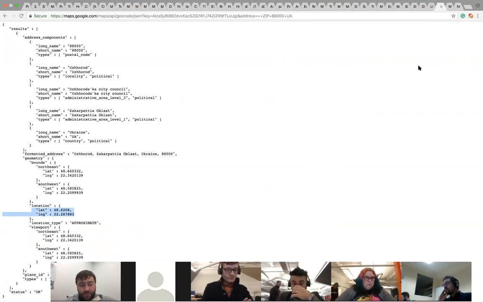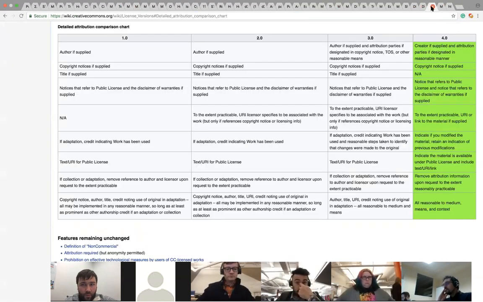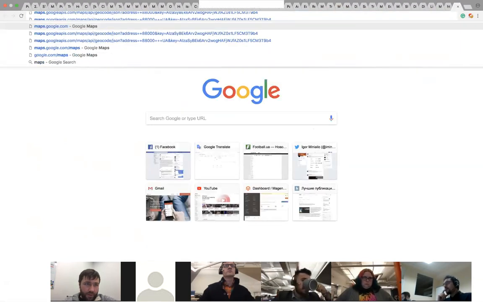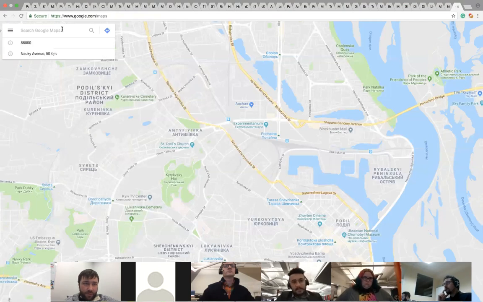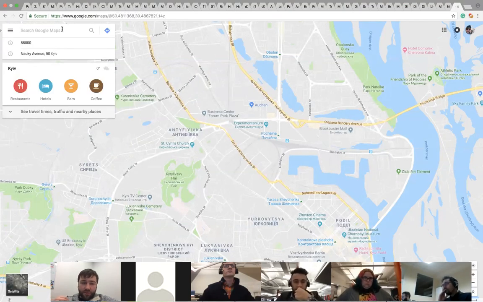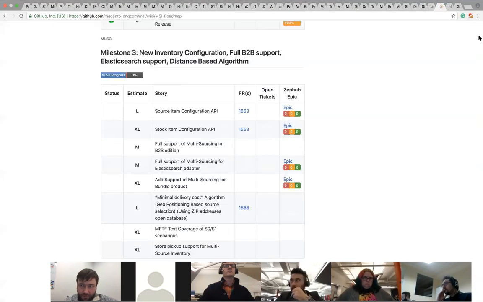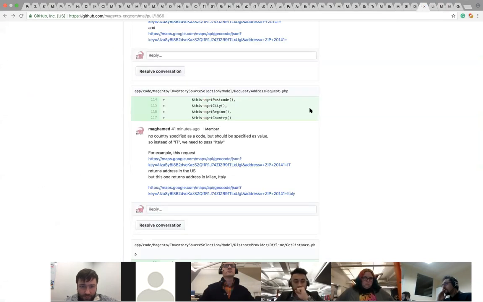Another thing, which is pretty interesting, was that we are making the geocoding for a zip code in Italy, in Milano, and that was 2014-1. And we can see that zip codes are not unique, they are unique just in the scope of a country. And if we are talking about this particular geocode,